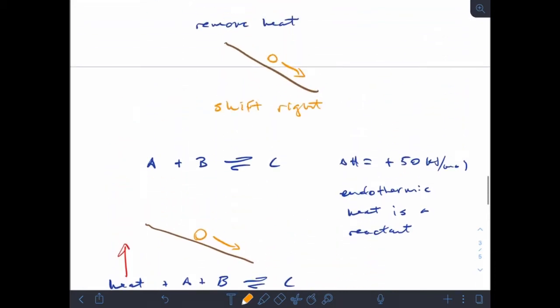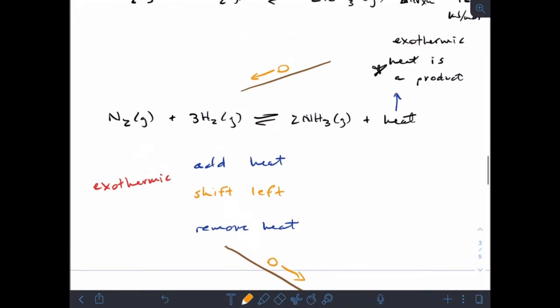Now looking back here at my ammonia reaction, the production of ammonia is an extremely important industrial process. Ammonia is one of the most used chemicals in the world, and so production of ammonia is very, very important. The problem is that even though formation of ammonia from nitrogen and hydrogen is technically a spontaneous process, it's a very, very slow process. Okay, so one of the ways that they go about trying to speed up the reaction, and we learned about this in chapter 14,